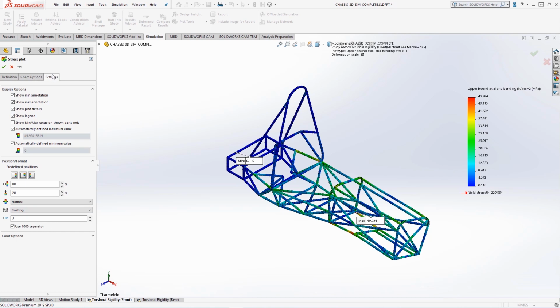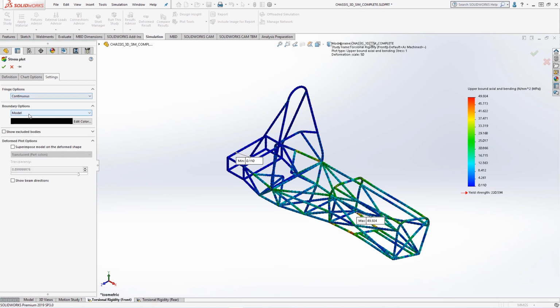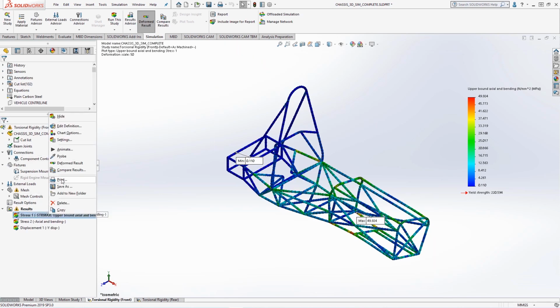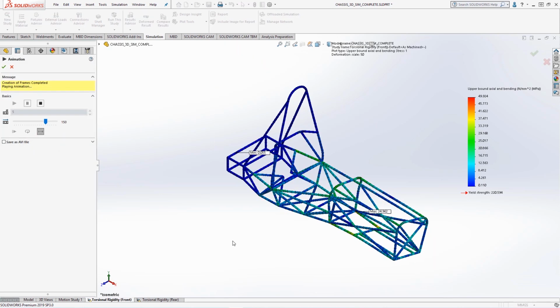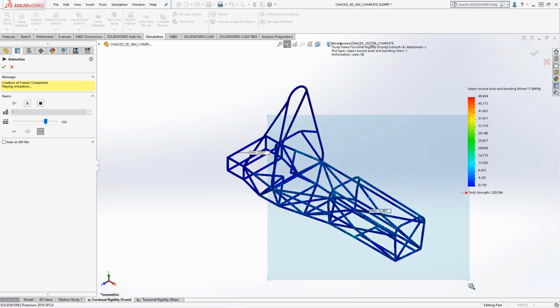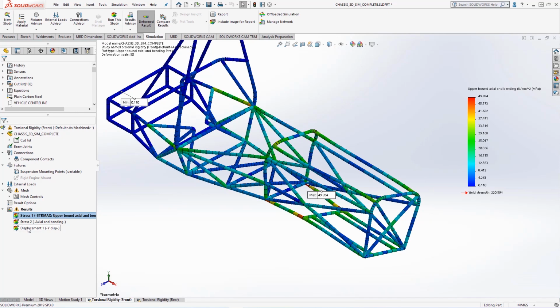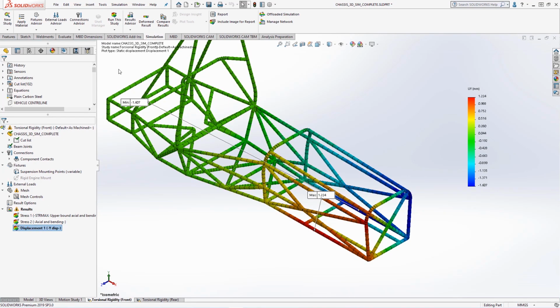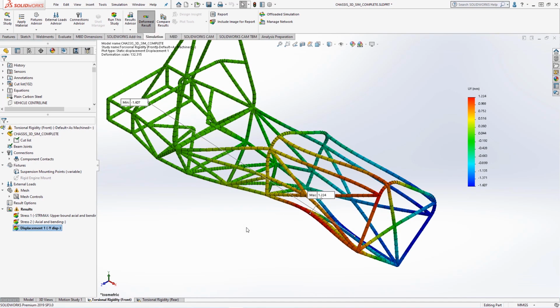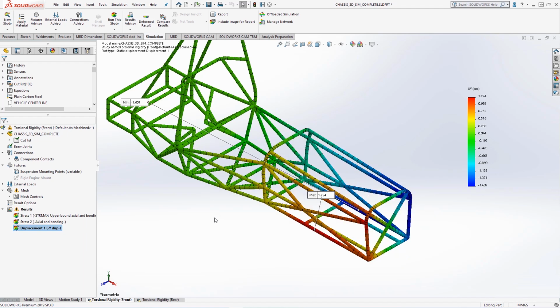The boundary options on the Settings tab also control outlines and other useful overlay settings to superimpose the model on the original undeformed shape. We can animate the motion to view the distribution of stresses in the frame members, in this case around 50 megapascals, as well as displacement plots in the global Y direction, which shows vertical deflection of the frame. Notice the deflection downwards of 1.6 mm is actually the larger of the two displacement values.